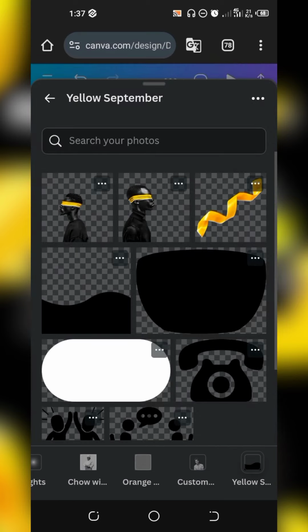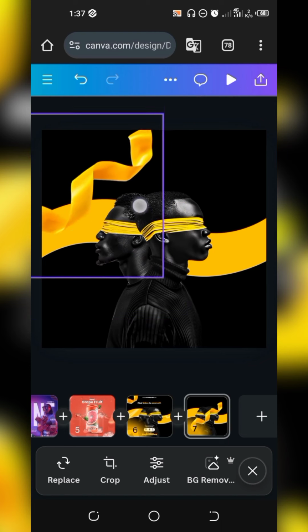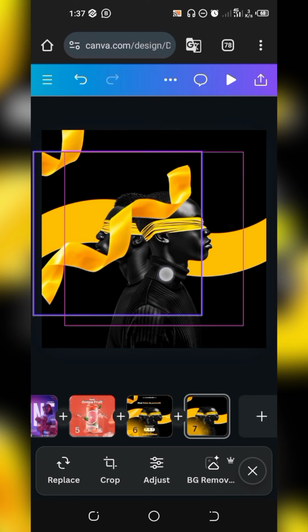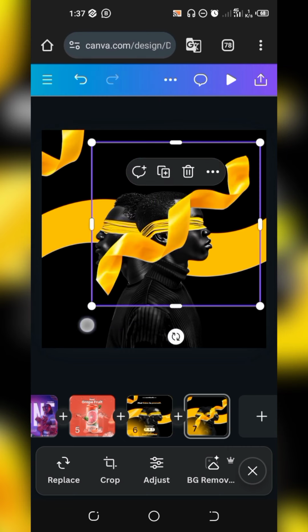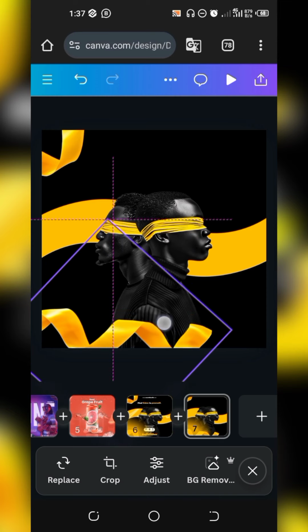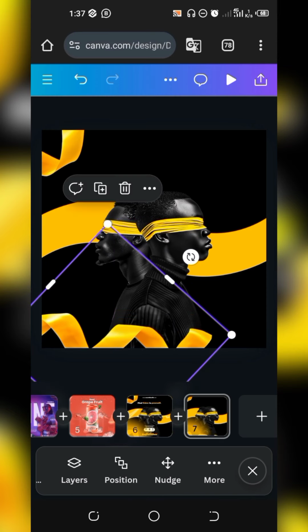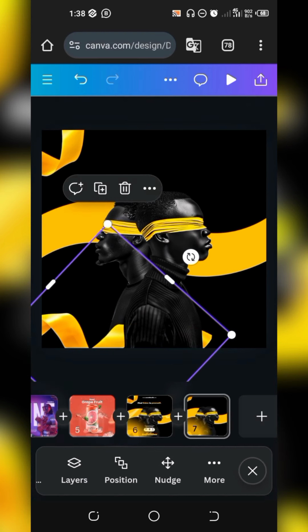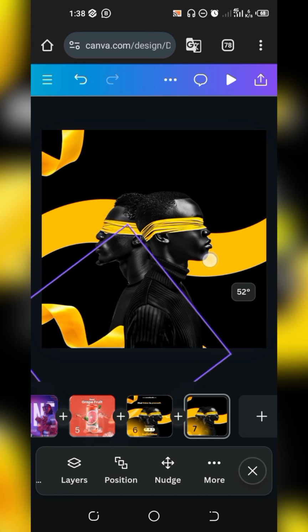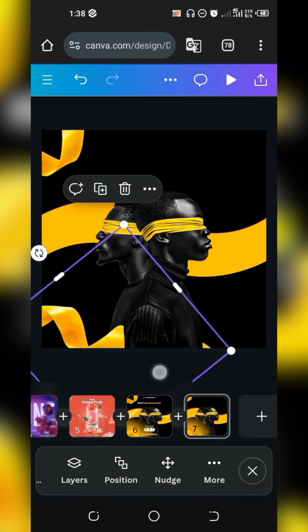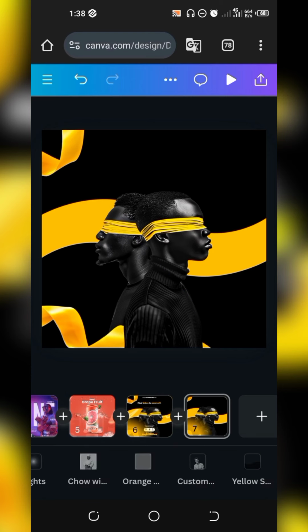So the next thing we want to do now is bring in, let's just deal with everything that's on the background. Bring in this ribbon, take it and place it up here like so, duplicate it, bring it down, rotate it like this, place it here like so, then go over to your position, take it backward, just leave it there like that, take it backward. Then you want to rotate this a bit so that that edge enters into the down of the canvas. Yes, so that it doesn't get shown as if there's an edge there, so it doesn't distort the design.